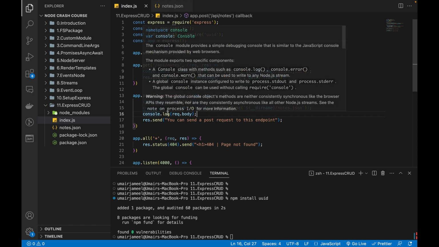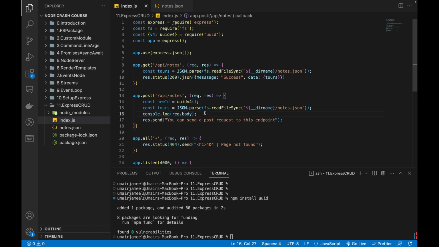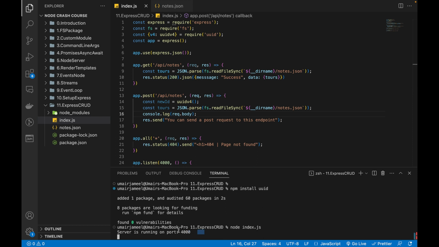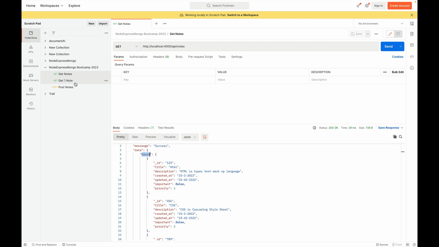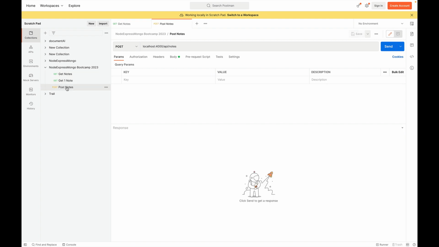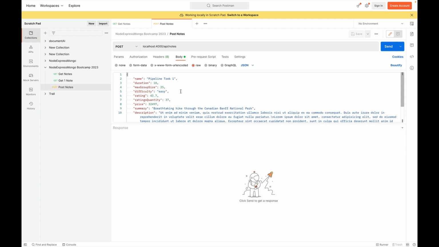Okay, so first of all, let's log it out and try to see if it works fine over here or not. So I'm just going to run the server. So my server is running on port 4000, and now let's go to Postman. So there is one API I've already created, post notes, and this is the post request. I have selected it as a post request, and here I need to go to the body,